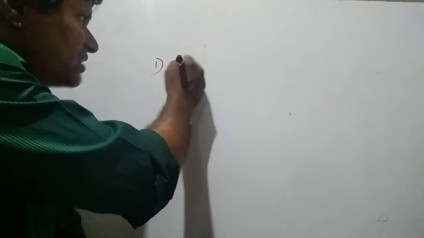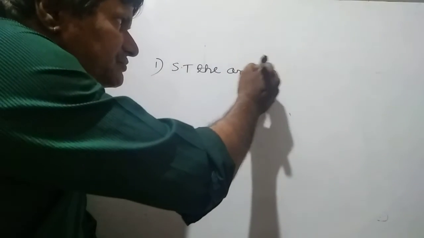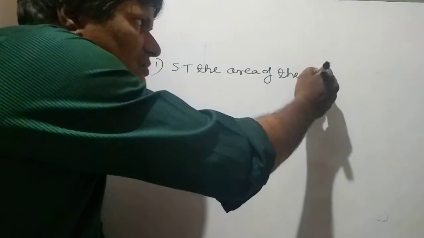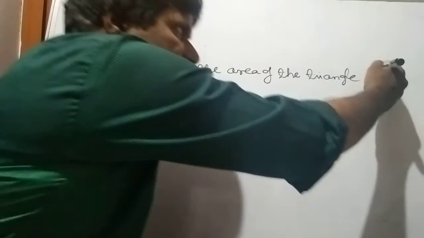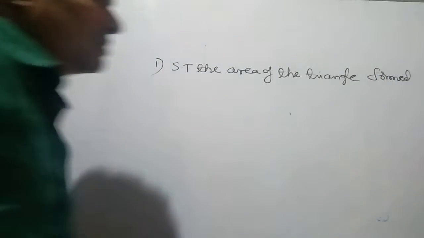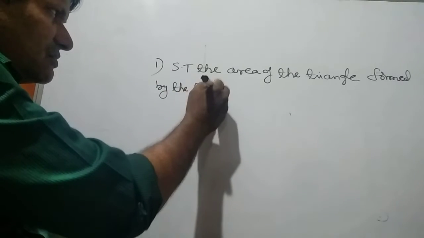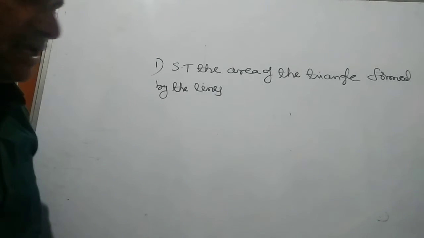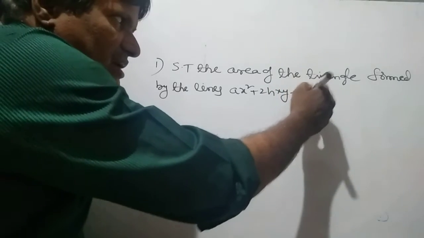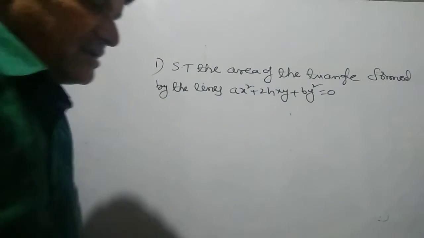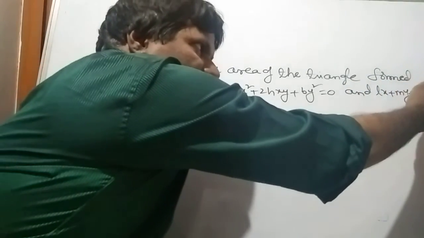They will ask the question like this: show that the area of the triangle formed by the lines ax square plus 2hxy plus by square is equal to 0 and lx plus my plus n is equal to 0